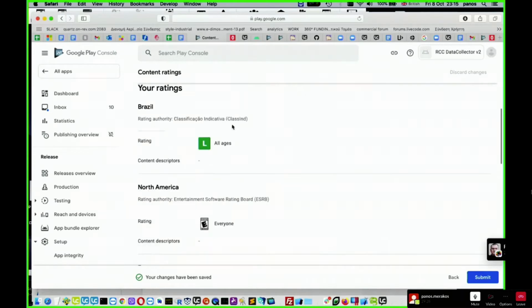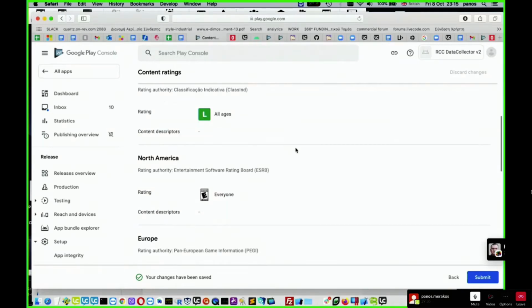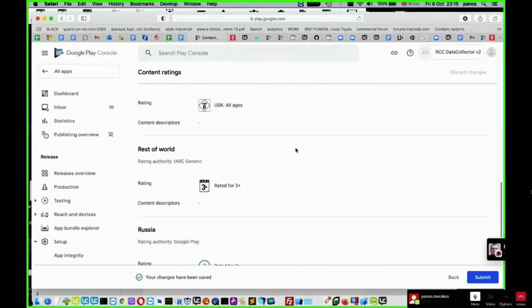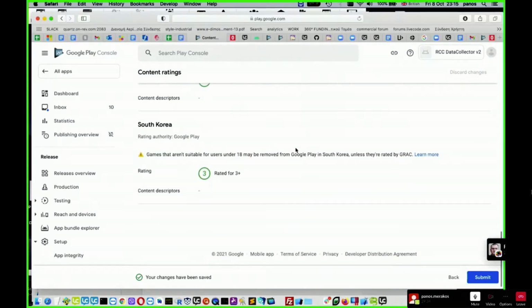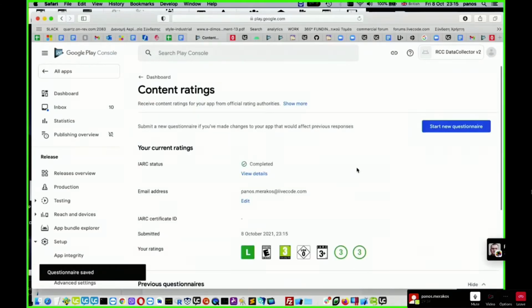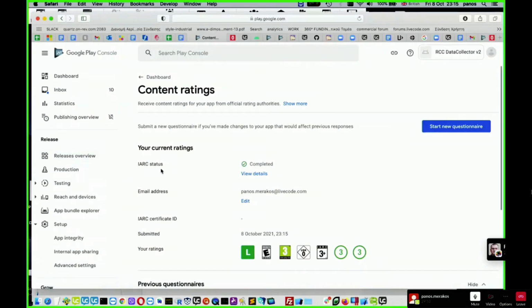And here are the suggested ratings depending on the country, based on the answers that we provided. Okay. Submit. Okay, and if we make any changes in our app that may affect these previous answers, we can always start a new questionnaire and update our answers.